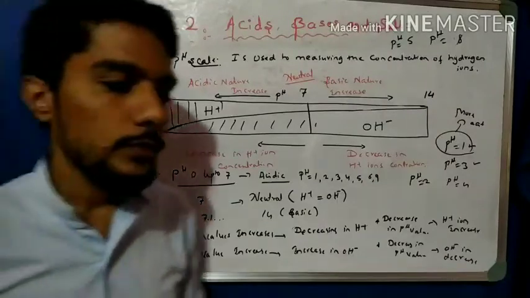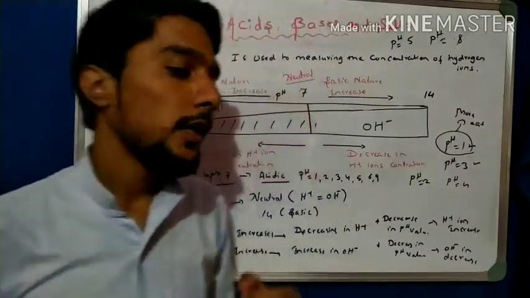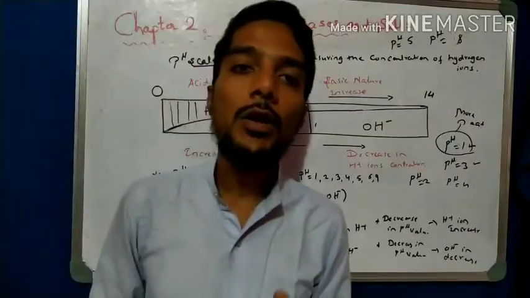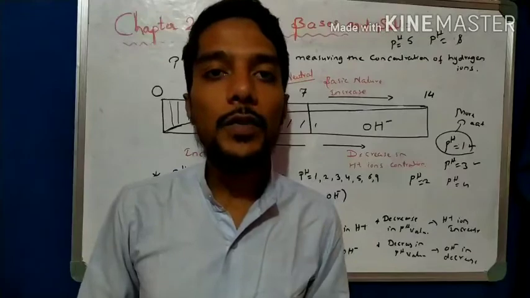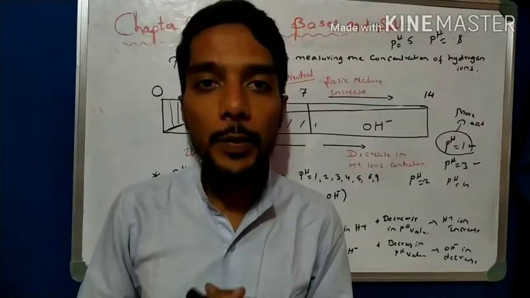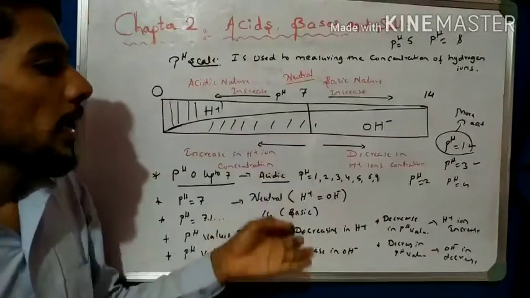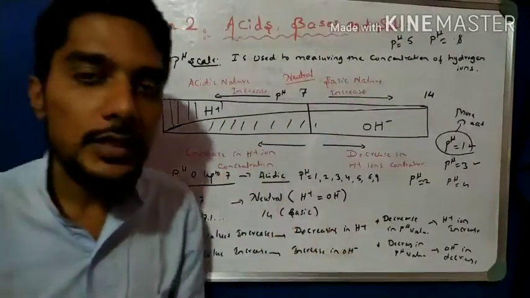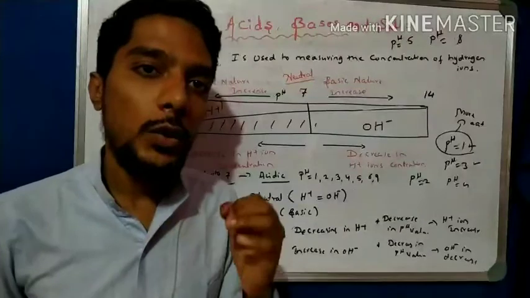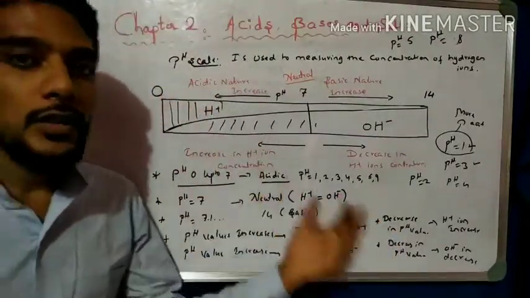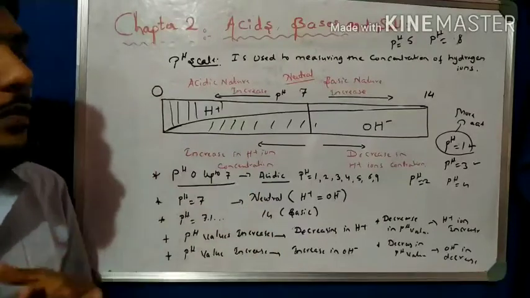So in this video it is enough for today, all about the pH scale. In this video we learn about the pH scale, the meaning of the universal indicator, the meaning of pH, how you read the pH scale, and what happens when pH increases or decreases. If you want to clear it again, please watch the video again, and I hope you understand this concept very easily, okay, right?